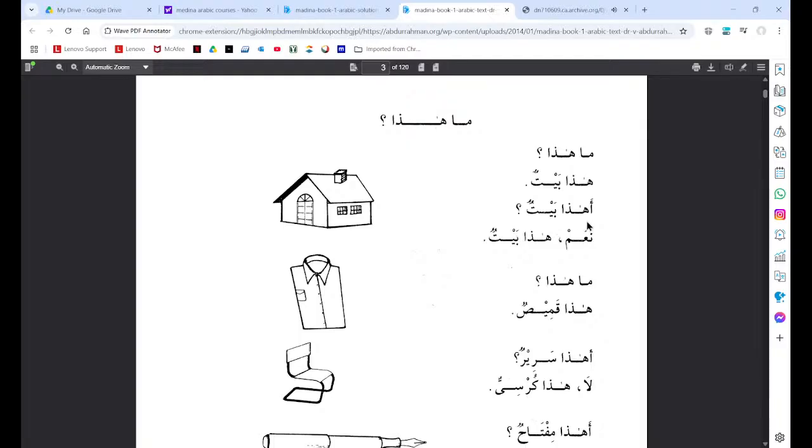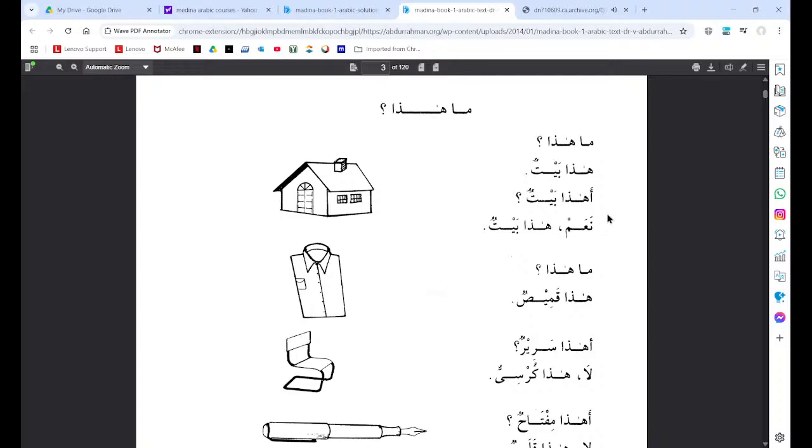Now here they introduce something else. If you notice here, we have this word hada. We've learned hada already. This means this. Now they have a hamza at the beginning of the word hada. What we're learning in this lesson is a couple of different particles for questioning. The ma is called the ismul istifham li ghayri aql. Here this is called hamzatul istifham.